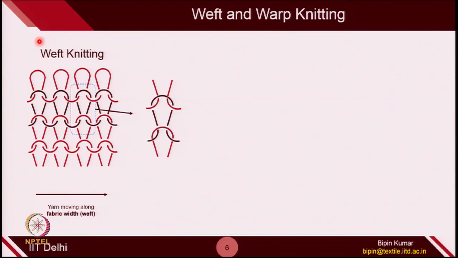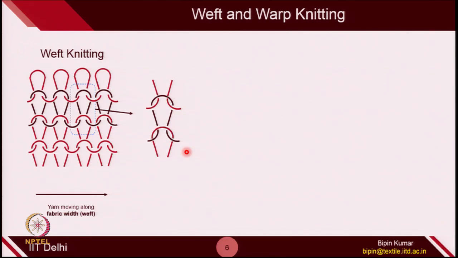If you see, the loop is perfectly symmetric, the 2 legs are perfectly symmetric. If you take the mirror image, you can find this leg is just the mirror image. Apart from that, the foot also looks like a perfect mirror image. So the overall architecture of the loop inside the fabric is perfectly balanced, because the forces acting on this loop are balanced in such a way.